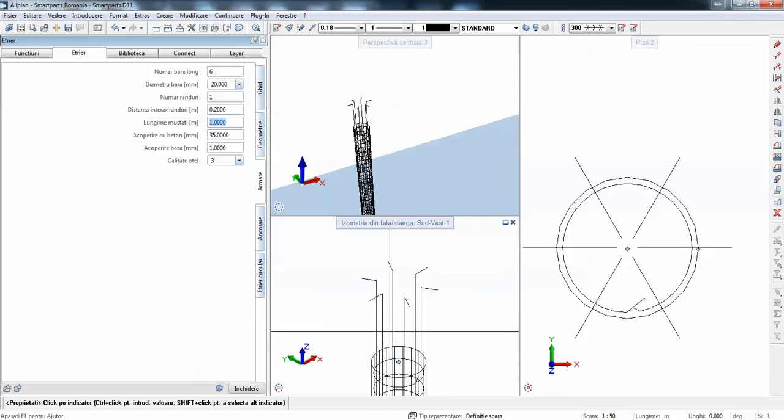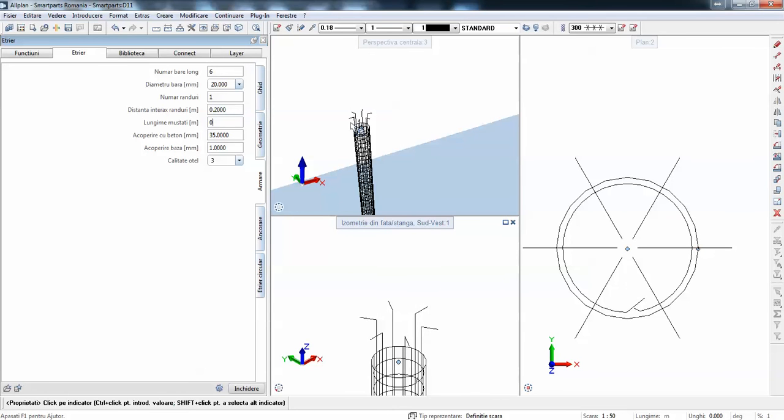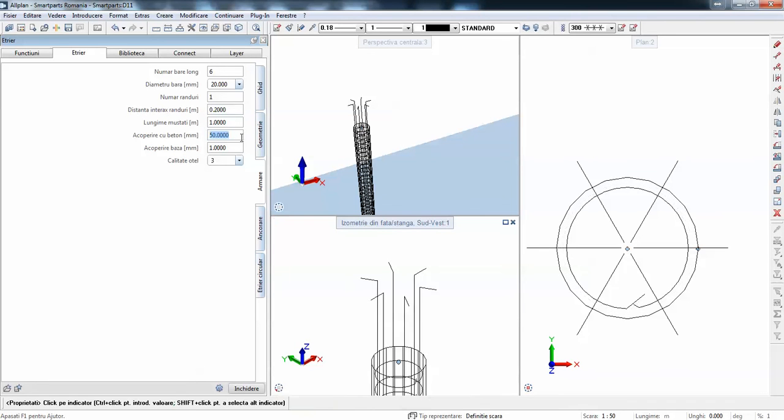This is how much I get outside, so I need to somehow anchor this pile inside the rafter, so I can control this extra length, 1.5 or 0.5. So this is only an anchorage that exceeds the pile geometry. This is the concrete cover I can use, so it offsets the reinforcement from the concrete.